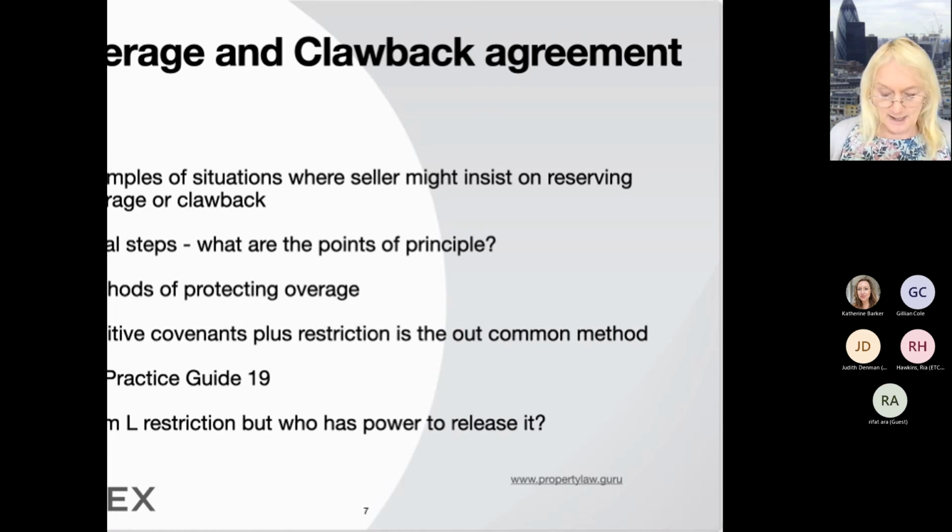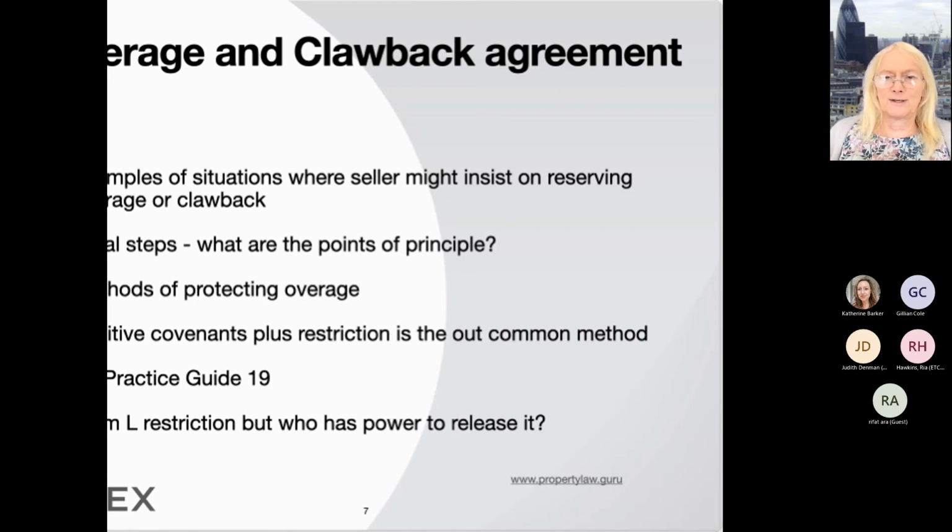and whether or not possibly the only solution is that the bank agree that although their mortgage will have priority to the overage, they agree that if they sell the land, which they will obviously want to do, if they've repossessed it, whoever they sell the land to will agree a direct covenant with the original seller, the farmer, for example, saying that the new owner will pay the overage in the same way, because the land may not have been developed by that stage and it may still be a field. So this kind of stuff is really difficult to get sorted out in principle.